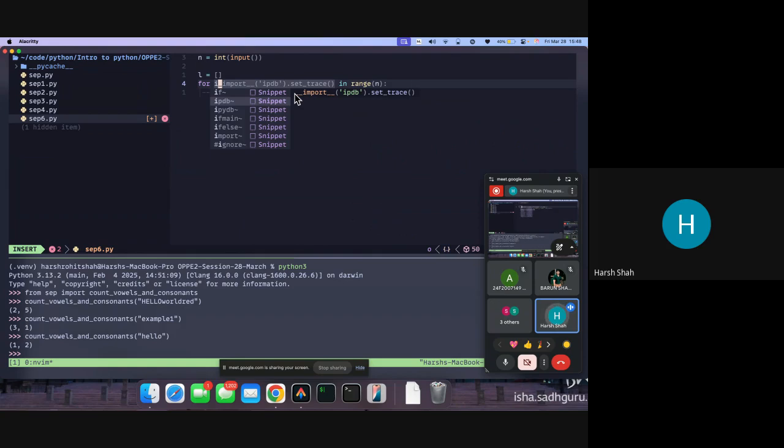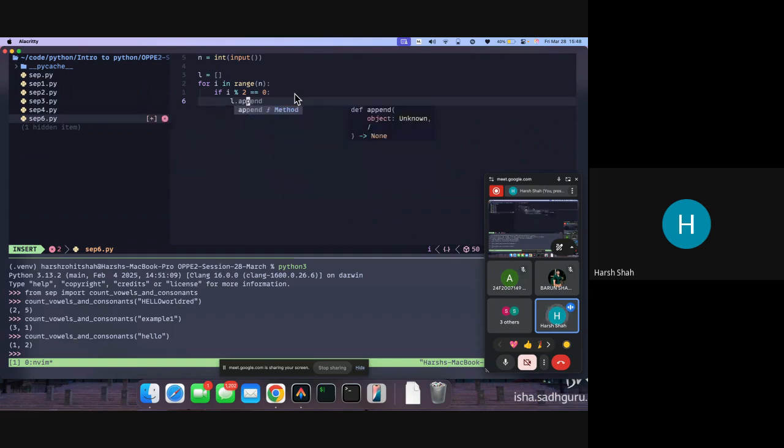For i in range n, that is for i in range n or n times, if i mod 2, that is if it is even, I'll do L dot append input. Correct? So what I'm doing, if this is an even position string, I am appending it to L,